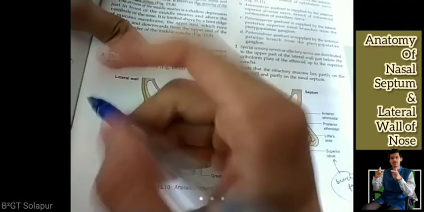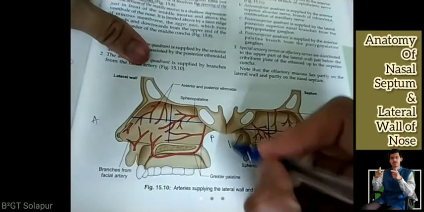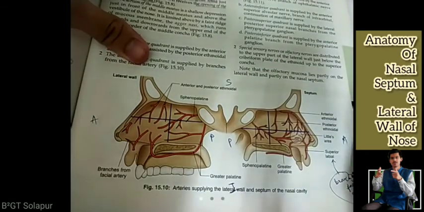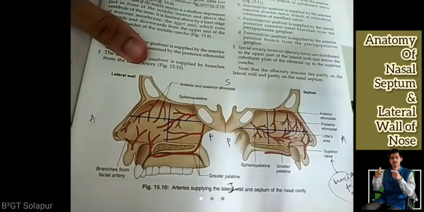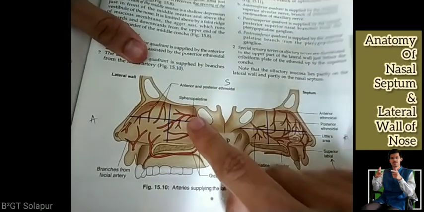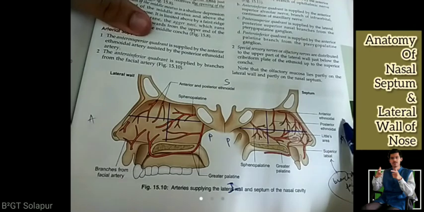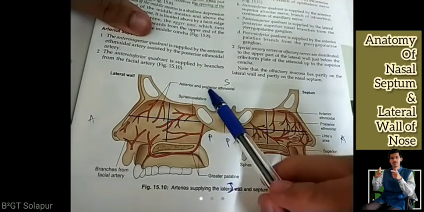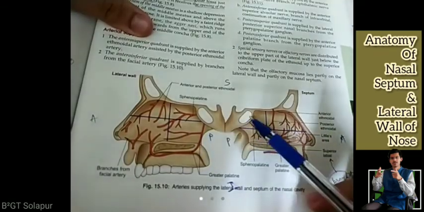स्फिनोपैलेटाइन. You understand? See, this is anterior, this is posterior, this is superior, this is inferior. Understood? So if you see that sphenopalatine is same in this quadrant, in the nasal septum as well as in the lateral wall. Okay. Then here you had anterior ethmoidal artery, posterior ethmoidal artery. Here also you are having anterior and posterior ethmoidal artery. मतलब अपर हाफ ऑफ द नोज का ब्लड सप्लाई जो है आर्टेरियल, that is same.